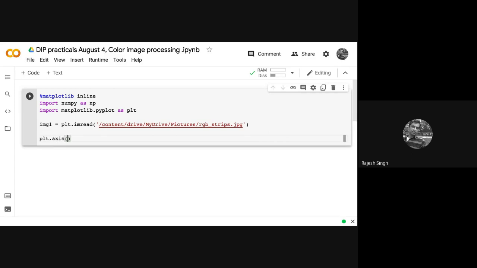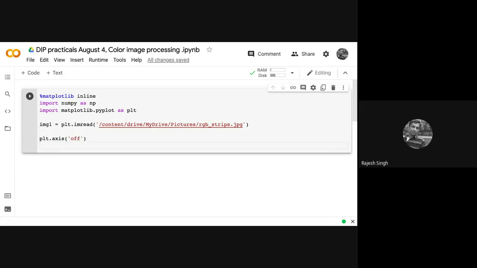So you just have to mention off and it switches off. plt.axis('off'), and then you can write plt.imshow and img, and this is my first image, so I will write img1. Okay, and that should do the trick.